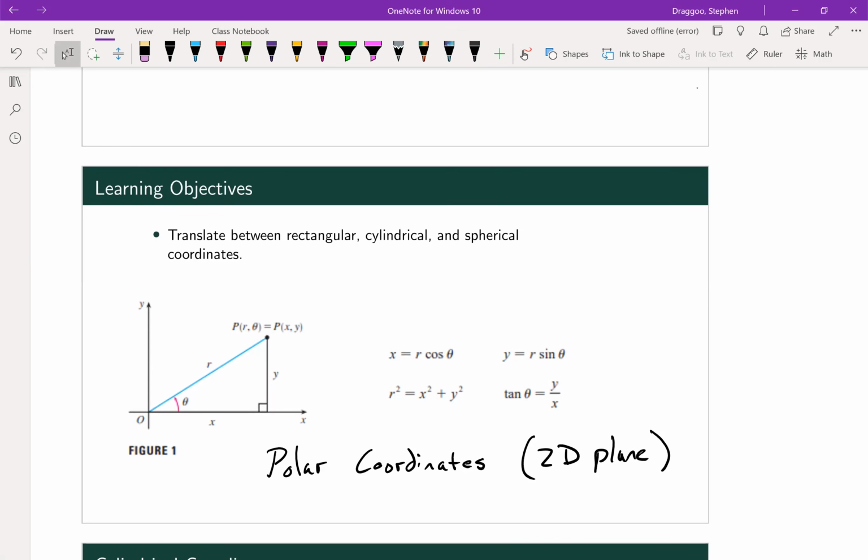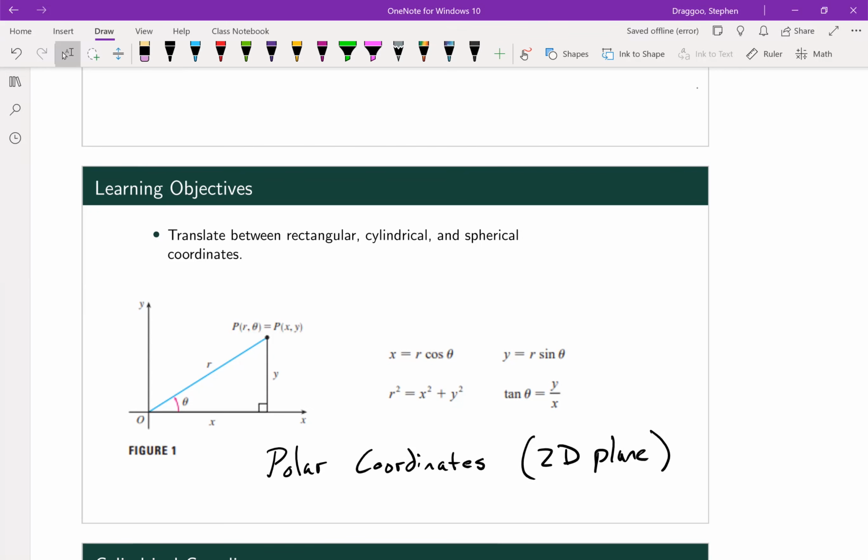So here in the learning objectives box, we've got a quick review of polar coordinates, which is where we change x and y into r and theta. So we parameterize both x and y using 2 new variables, r and theta, r being the distance in the plane from the origin, and theta being the angle between the x-axis and the line that connects the origin to our point. So we'll look at 2 extensions of that polar coordinate system into 3 space, the first of which